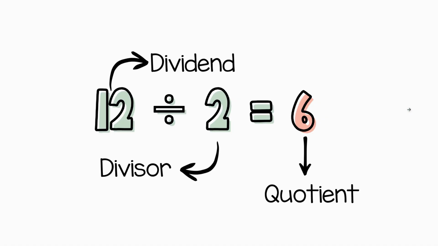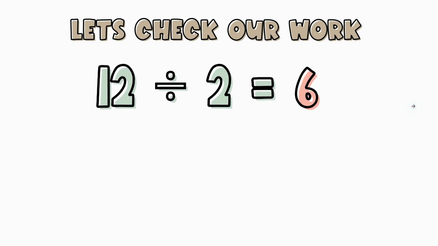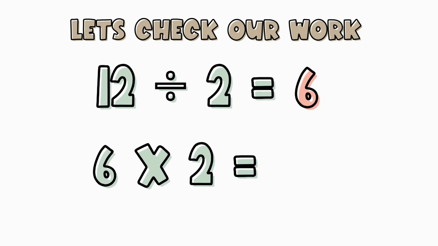Now, in order to check my work, we will use the inverse operation. Again, the inverse operation is just flipping the equation around and using the opposite operation. What's the opposite of division? That's right, multiplication. So let's check our work. 12 divided by 2 equals 6. When flipped backwards, we'll say 6 times 2 equals,